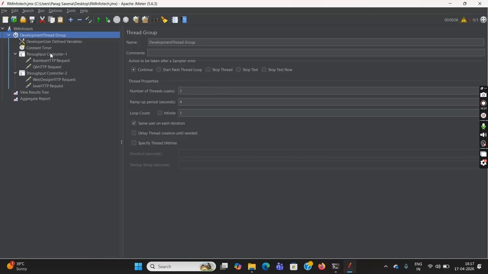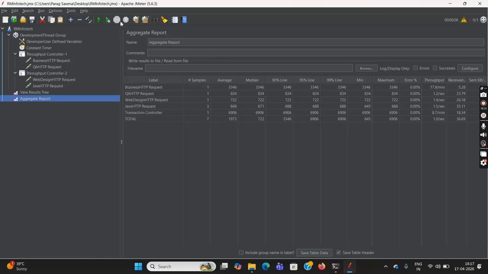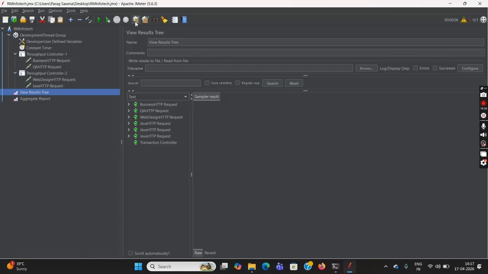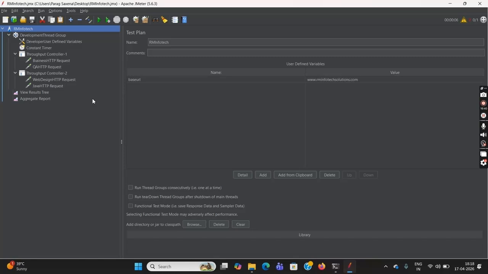Okay. So now what is the meaning of throughput controller? So again I have arranged this particular thing, and again I am calling the same one page. So now what I am doing, instead of one I am making it 10. 10 people are visiting the page, and every page is called one time. If I execute it in this way, so you will see, again I am removing it. Okay. So if I run it in this way,